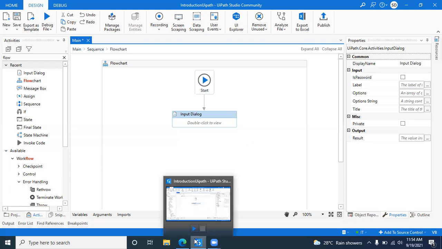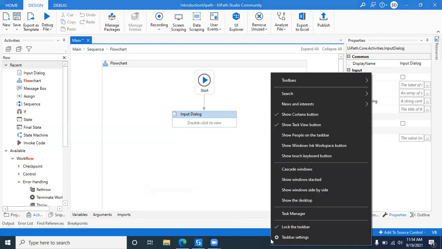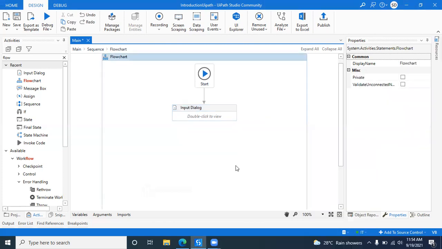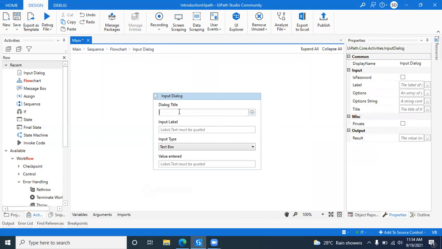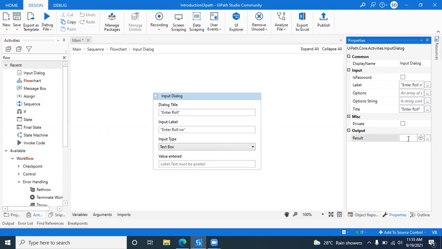Are you understanding what I'm telling you? Yes, sir. Okay. My total class is of 60 strength, and I have to divide these into 30 students in batch A and 30 in batch B. So that decision I have to take. Before taking the decision, I should have the roll number of students. So entering the roll number first is important. To take user input, which activity are we using? Input dialog, right? So here we are asking the user to enter the roll number and storing that roll number in a variable, that is roll.